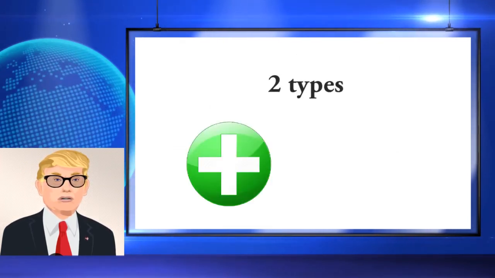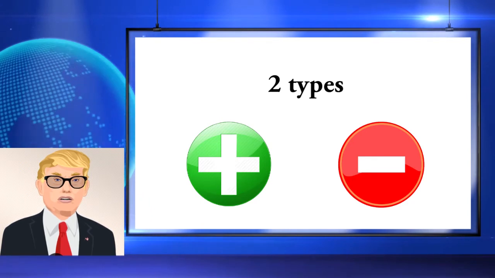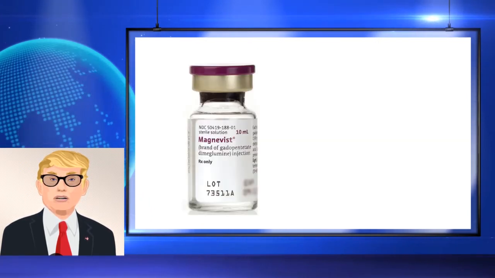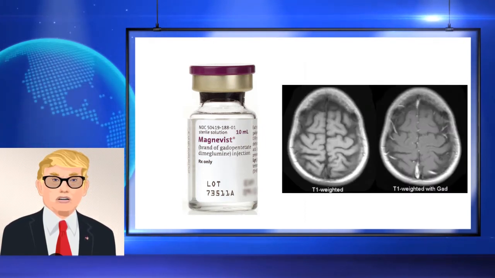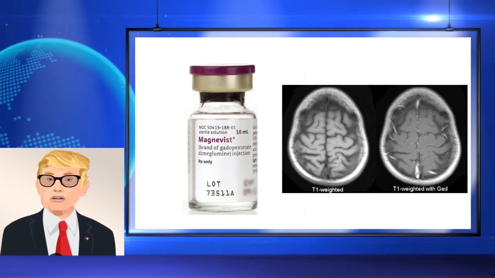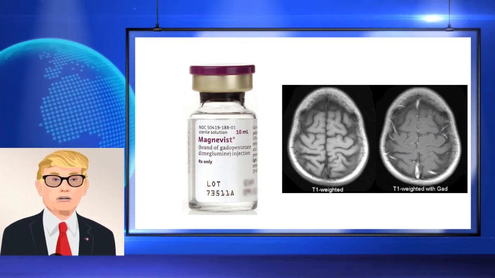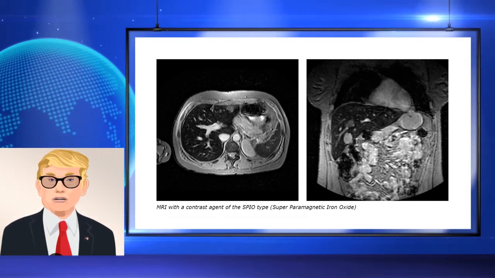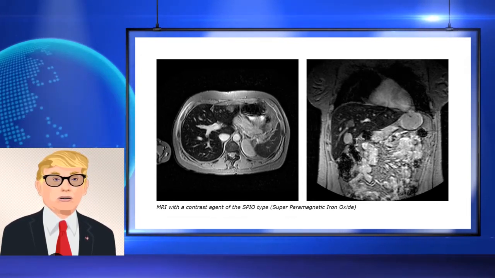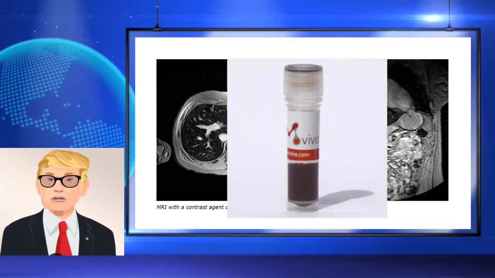And how it works. There are two types of contrast agents, positive relaxation agents and negative relaxation agents. Both of them affect the relaxation time of protons. Positive relaxation agents reduce relaxation time T1, increase T2, and show increased signal intensity on T1 weighted images. The gadolinium chelates and paramagnetic agents are examples of positive relaxation agents. On the opposite side, negative relaxation agents reduce relaxation time T2, increase T1, and show increased signal intensity on T2 weighted images. Ferromagnetic and superparamagnetic metals are examples.